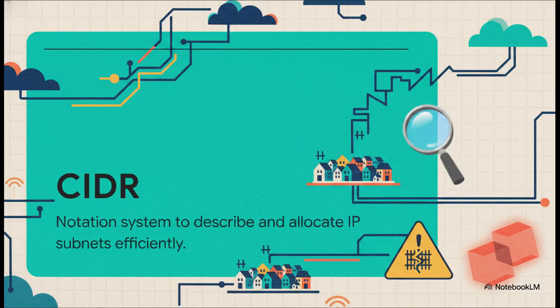But just having millions of IP addresses isn't enough. We've got to organize them. Enter CIDR, or Classless Interdomain Routing. This is a super efficient notation system that lets us carve up massive networks into smaller, secure little neighborhoods, or subnets. So if you see a /24, that just means the first 24 bits are locked in for the network,